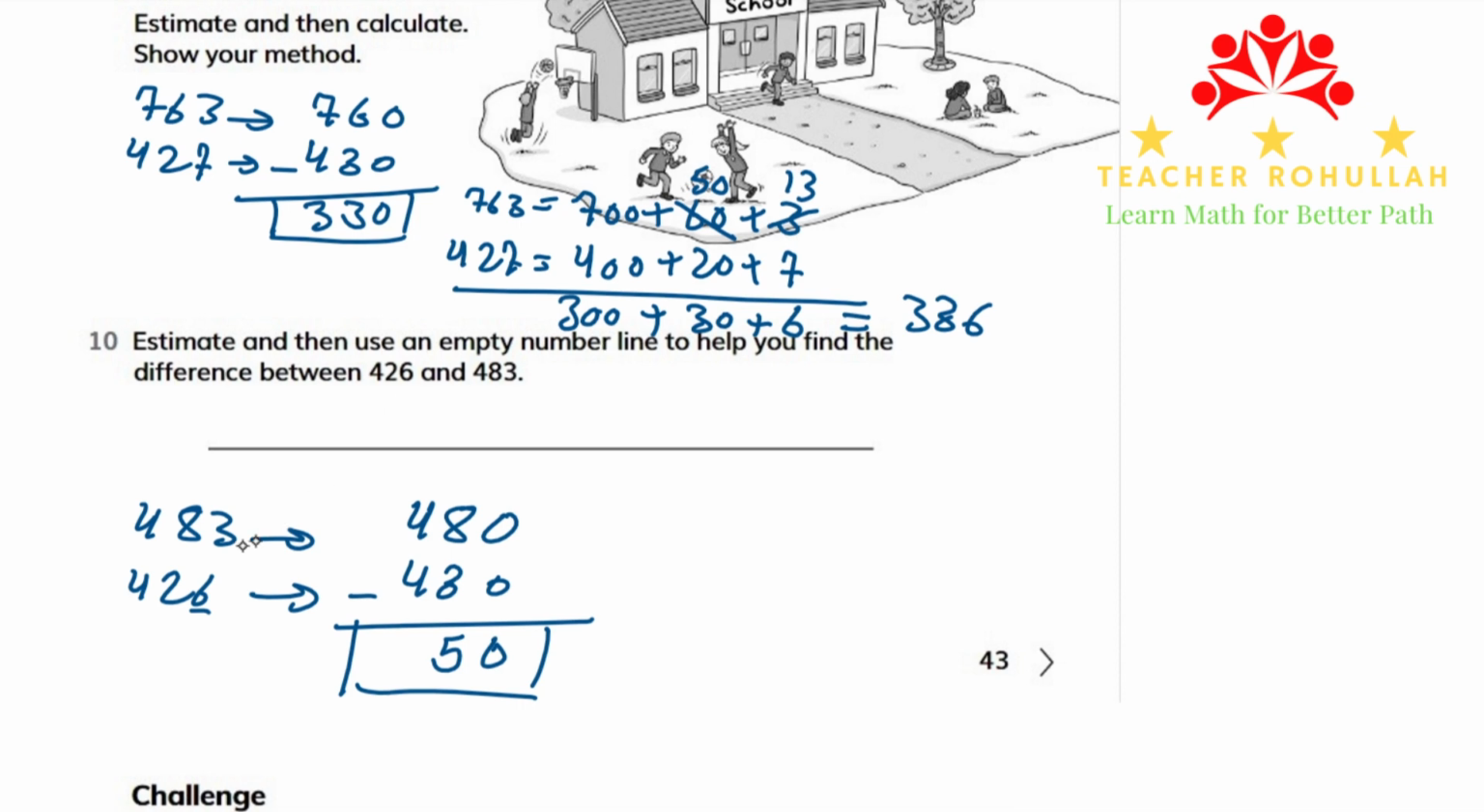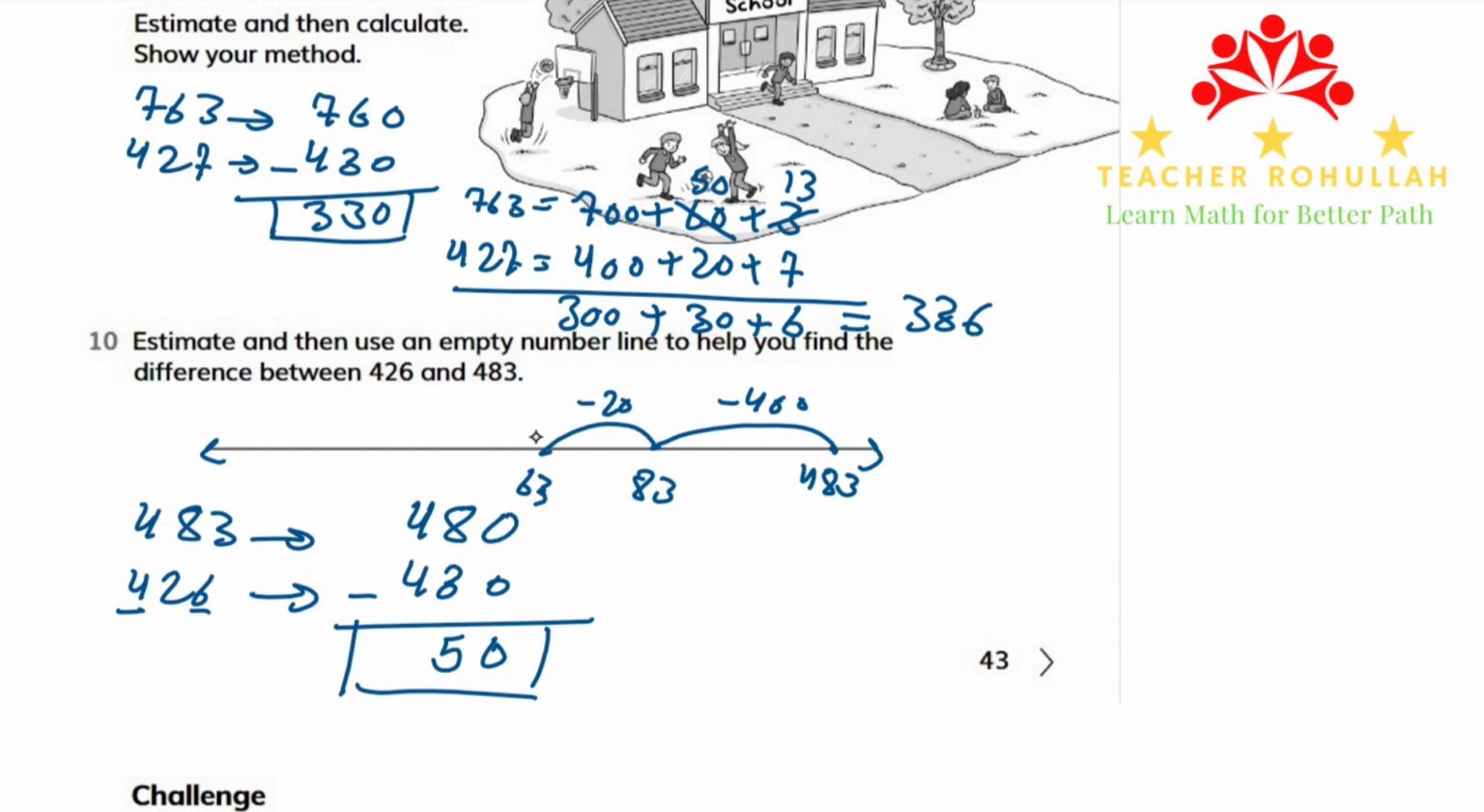Now to find the exact difference between the two numbers, I will assume this line as an empty number line. I will say that 483 is here. If we subtract 400 from 483, we will have 83 here. Now if we subtract 20 from 83, we will have 63 here. And if we subtract another 6 from 63,